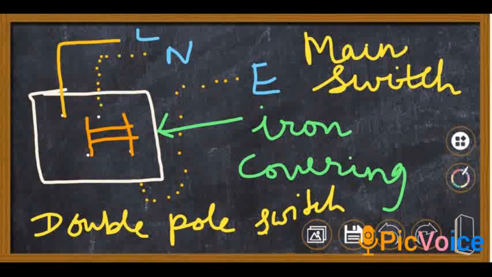And in earlier standards, not in 9th but in 7th and 8th, you have already studied about earthing and all that. Thunderstorms, high-rise building, we put the rods. What for? To collect all the extra electrons, and then they are earthed to the ground. So same thing. Whatever extra electrons are there, they will go to the ground. So the earth wire is connected just to the outer covering, and the live and the neutral. So this is your main switch. If anything happens, then this main switch will be off, so that it will cut the supply to your house, and your house will be saved. The electrical implements of your house will be saved.